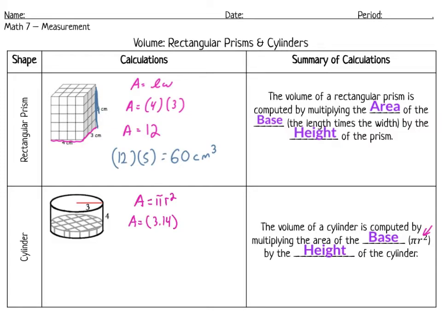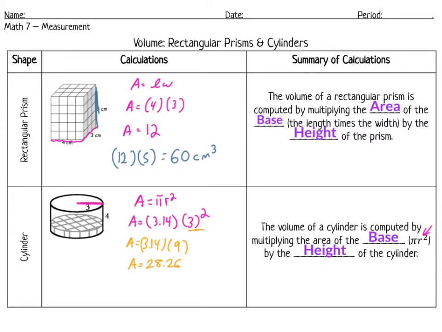Now we need to figure out what our radius is, which is going to be half of our circle. So in that case, it's going to be 3, and then we're going to be squaring it. So now we need to follow our order of operations, which means we need to use our exponent first. So 3 squared, or 3 times 3, is 9. So we're going to end up with 3.14 times 9. And when we do that, we're going to have to use our calculator because we've got some decimals there. And when we do that, 3.14 times 9 is 28.26. So that's our area,